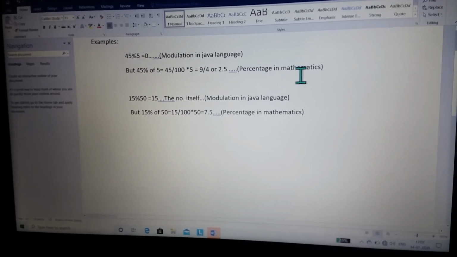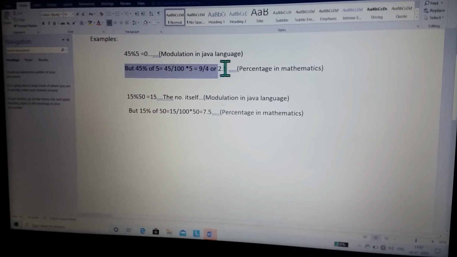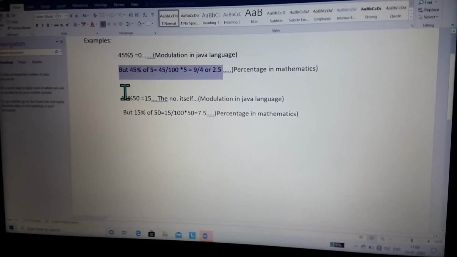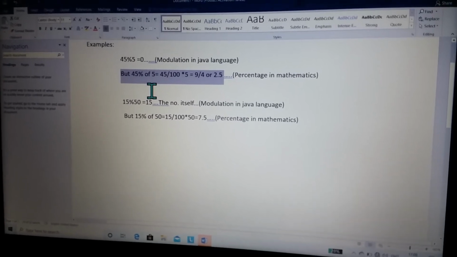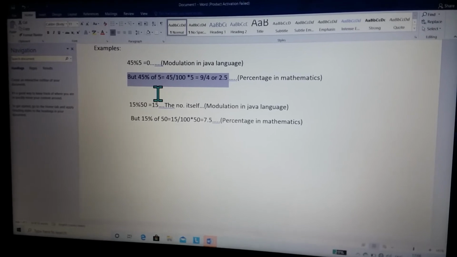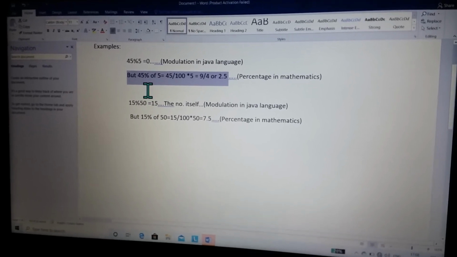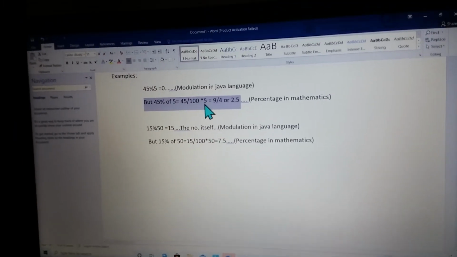But in percentage in mathematics, what will be our answer? You can see here 45% of 5. As I have told you, percentage means per 100 or by 100 or upon 100. So 45% means 45 by 100, of means into, 45 by 100 into 5.